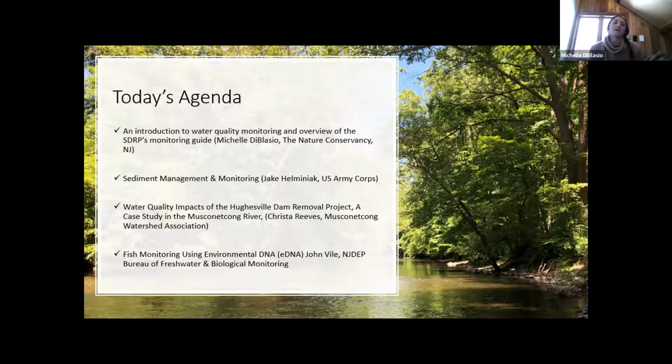And so I'm going to kick things off today and just give a very high-level overview of the types of things we monitor and look for, to measure these pre and post impacts of the dam removal projects. And then I'll turn it over to some of our colleagues also in the partnership that work to collect data, and we'll dive a little bit deeper into some of these components that we'll touch on today. So when we think about